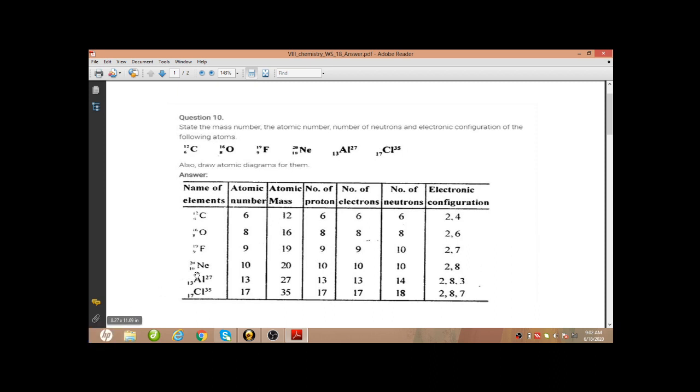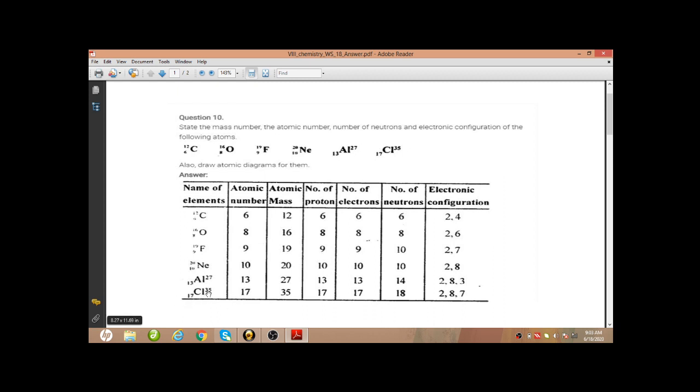Okay, next aluminium, 27, 13. So atomic number 13, atomic mass 27, mass number 27, we can see that. Number of protons 13, number of electrons 13, number of neutrons 14. Electronic configuration is 2, 8, 3. See here, 3 is the number of valence electrons for aluminium. We discussed what a valence electron is. The third shell for aluminium, the M shell, is the valence shell, and the number of electrons there, 3, are the valence electrons.